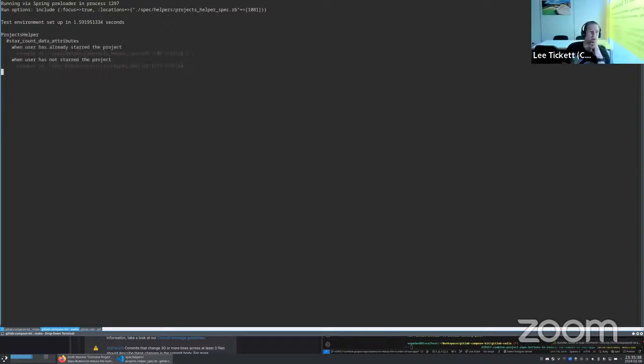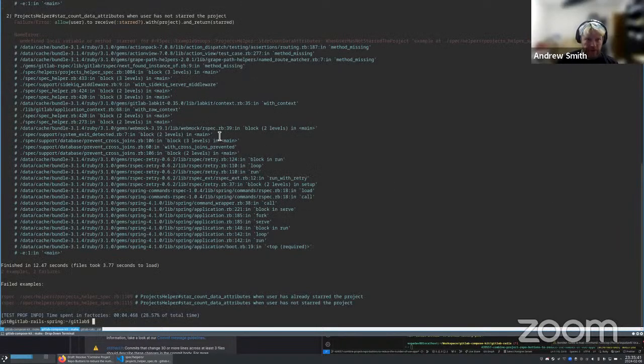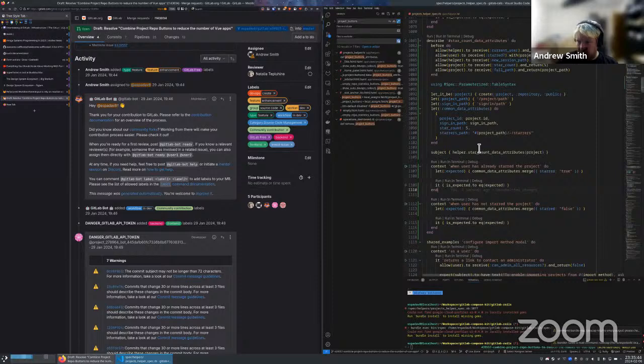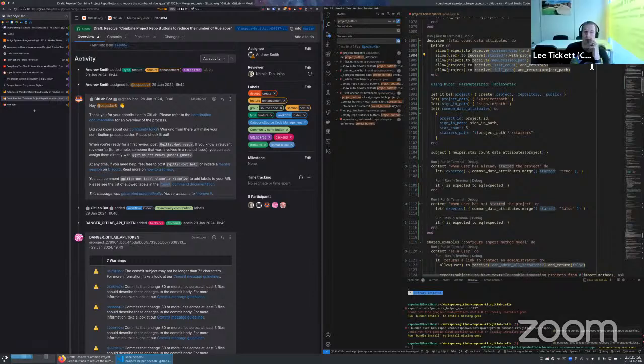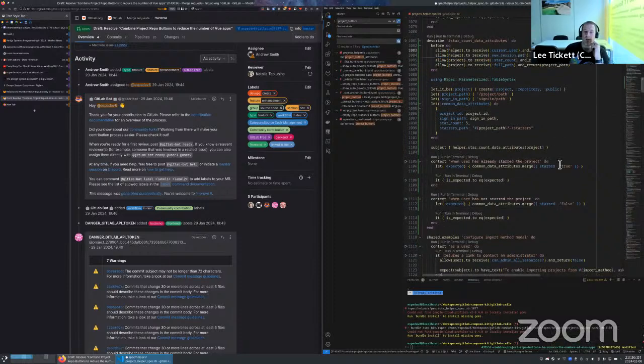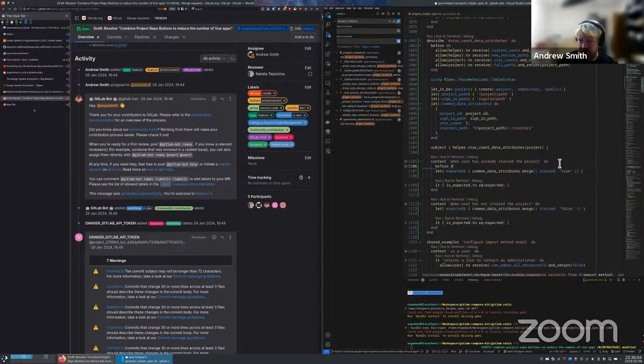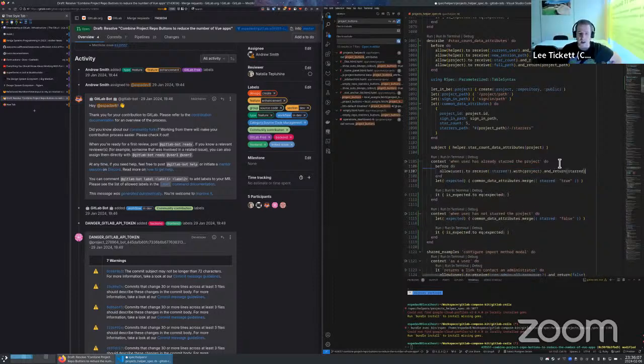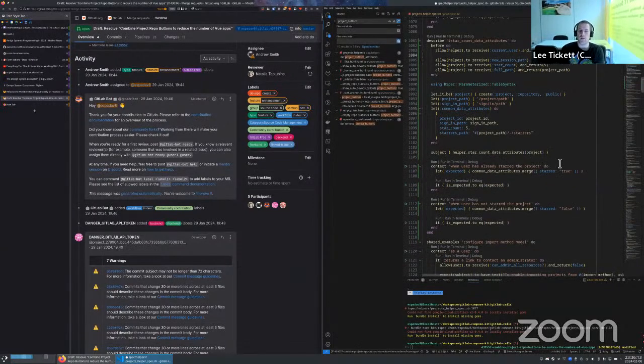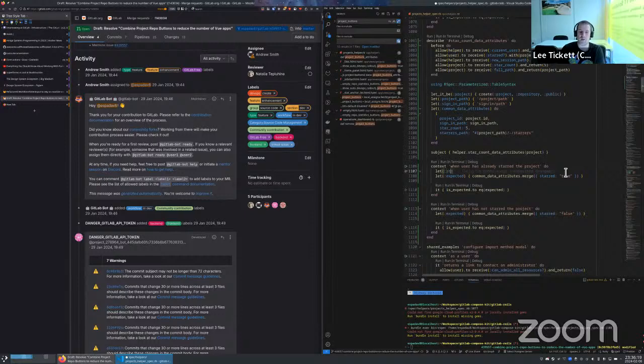and it was failing instantly, right? So undefined local variable or method starred. Oh, yeah, that's not going to work now because, yeah, I guess, inside here. Well, you could do that, but you could also just define starred inside the contexts. So just let starred true and let starred false, or